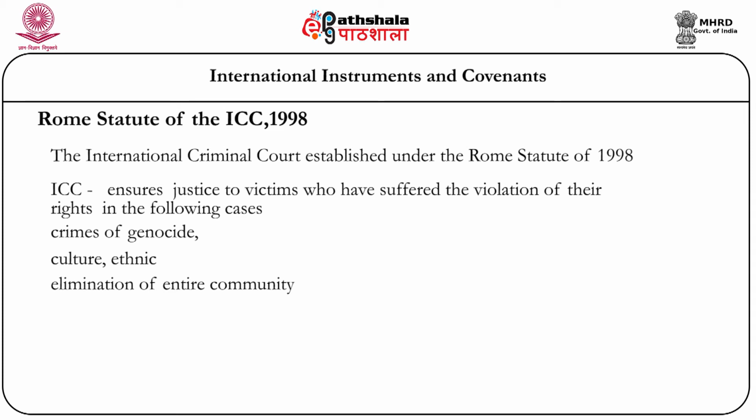Crime of genocide means where there is an elimination of an entire community. The community may be cultural, ethnic, caste and creed. If one community tries to eliminate another community, we call it genocide. Crime against humanity: any crime against the society or public we can bring under crime against humanity. War crimes: whenever the war criminals are affected or their rights are violated, they can claim benefit or protection under